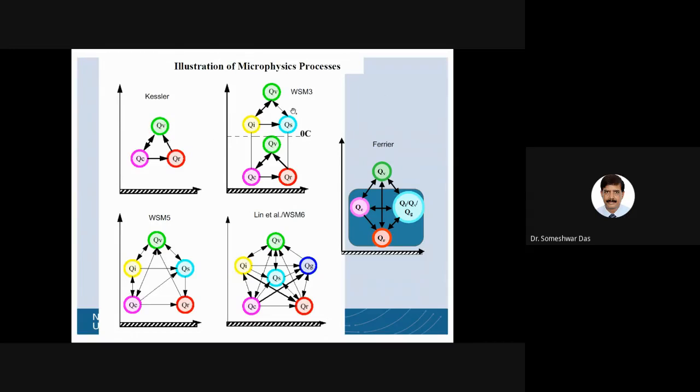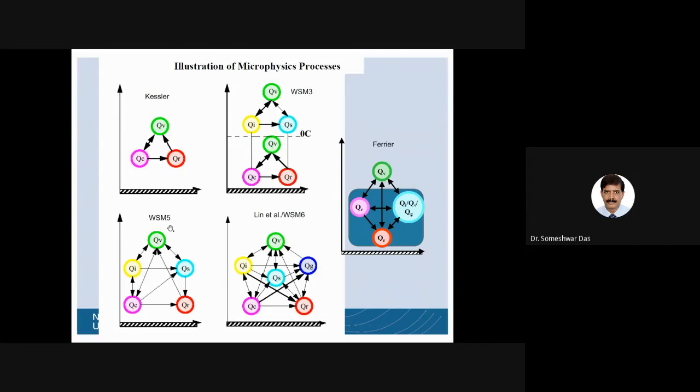If you are using the WSM3 single moment 3 scheme, then you have these many things. In that case, you have a good treatment of the frozen particles and also the liquid particles. That means depending on the temperature, if the temperature is less than 0, then you have Q ice, Q snow, and sometimes Q graupel. That is what allows snow or ice to form. And if the temperature is greater than 0, then you have the cloud water or